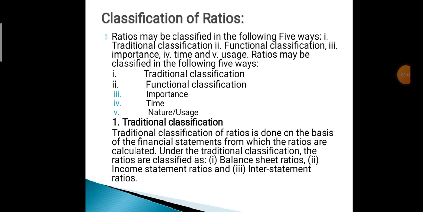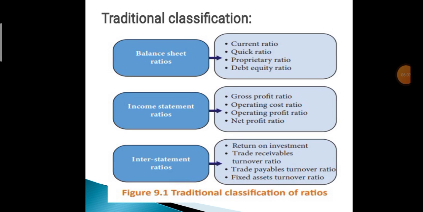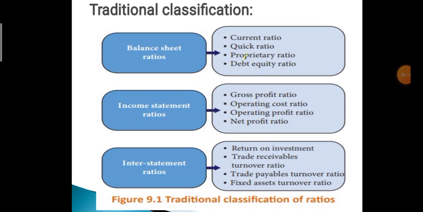So now, traditional ratios have been classified into three, that is balance sheet ratios, income statement ratios and interstatement ratios. We can call it mixed ratios. Now coming to the traditional classification. So here is the representation of